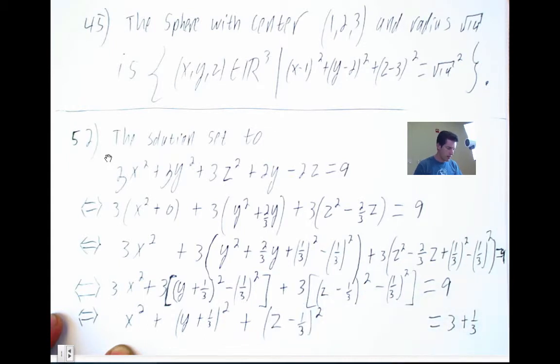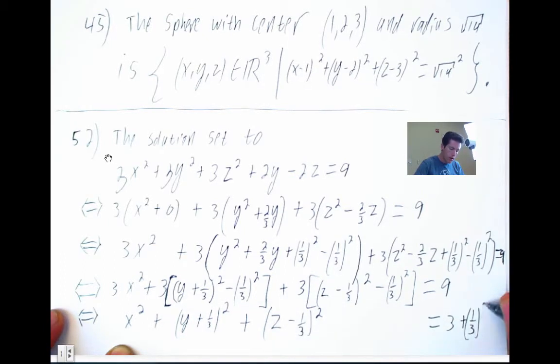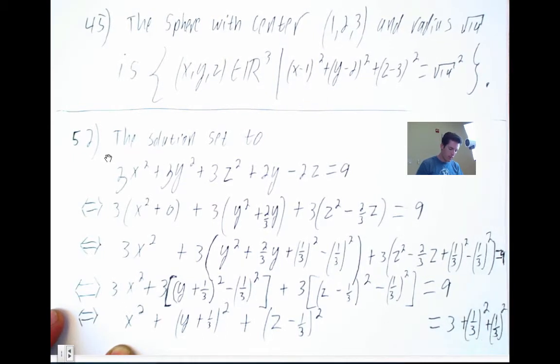Oh, wait a minute. I'm doing too many things at once, so I'm getting confused. I divided by 3, that made this a 3, and then I did not have to multiply through by that 3, so that should have been a 1/3 squared. Okay, good. And similarly for this one, a 1/3 squared. This doesn't look very good, but